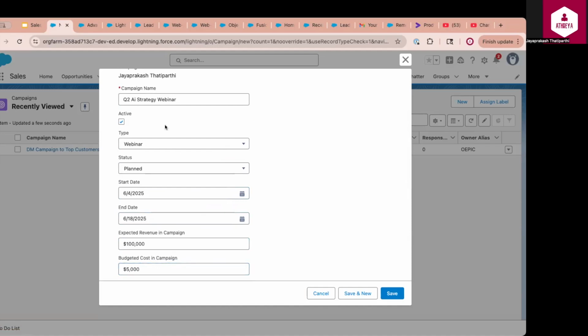So what this typically means is my company is going to set up a webinar and talk about the company's AI strategy, which is planned for a couple of weeks. And the budgeted cost for running this campaign is $5,000. And I'm expecting a revenue of around $100,000 after the campaign is closed. So once I have the campaign,